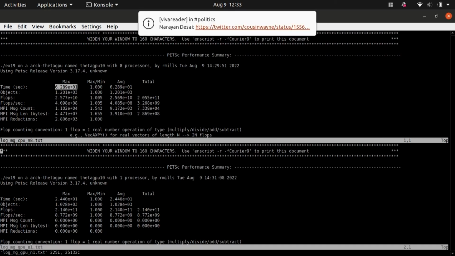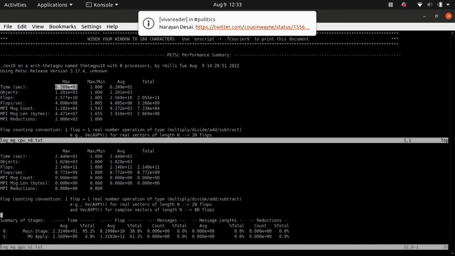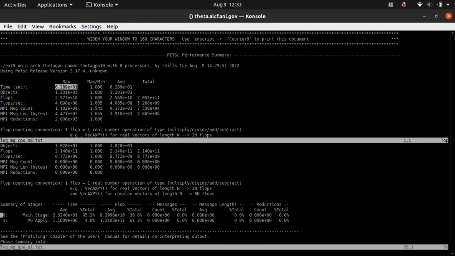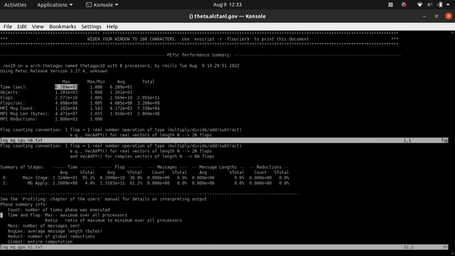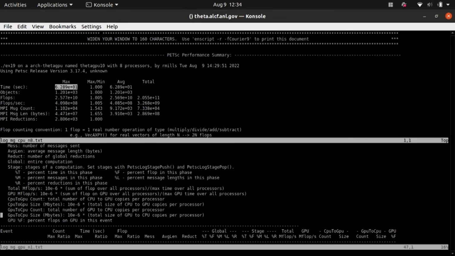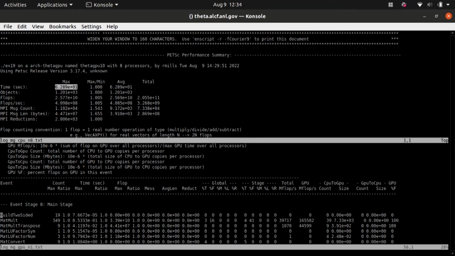So if we scroll down, there's a whole lot of stuff in here. There's the two stages. There's a main stage and then a separate stage just for the application of the preconditioner, which I'm getting because I'm running with PCMG log, so I'm asking PETSc to break that out in a separate stage. So there's that information, and then there is a ton of stuff in here about all these different events,